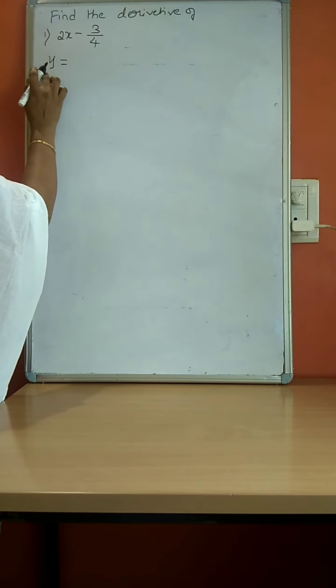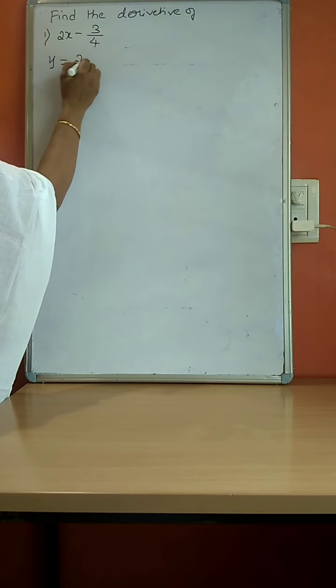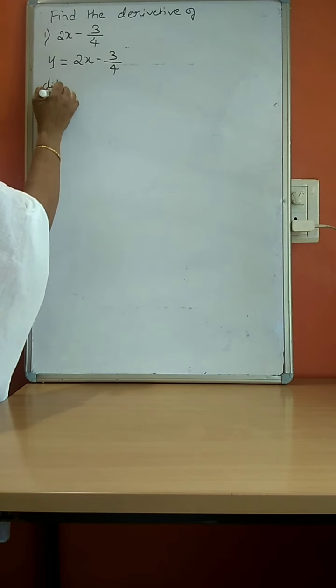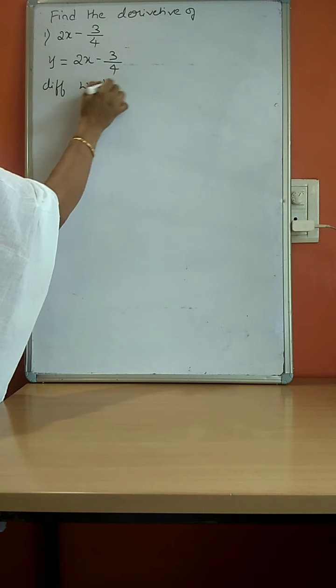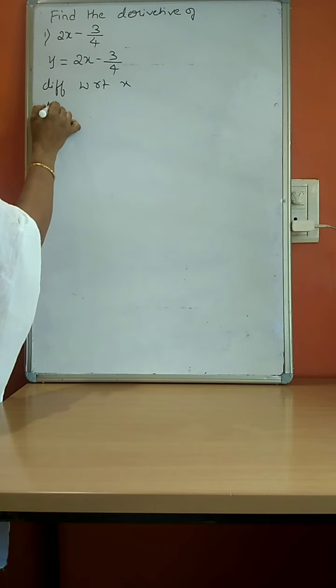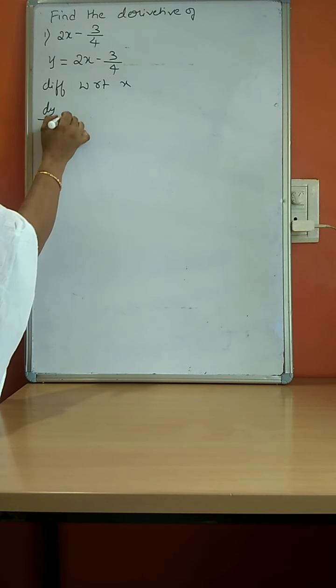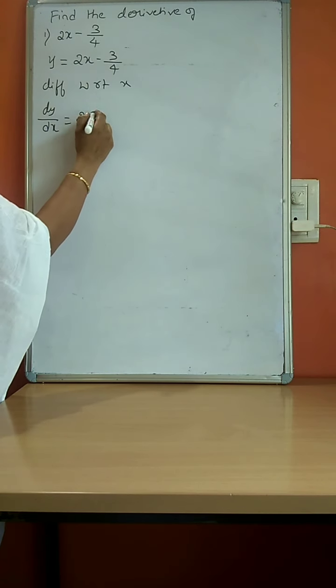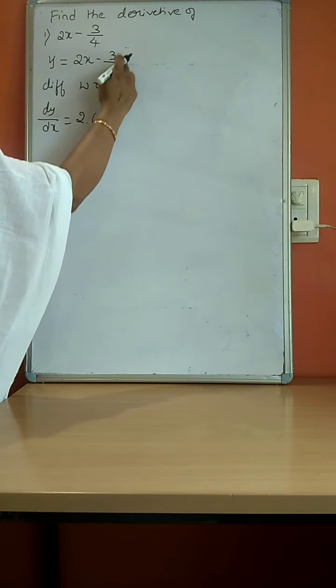Whatever he has given, take down: y equals 2x minus 3 by 4. Differentiate with respect to x. Therefore, dy by dx is equal to, keep the constant as it is, differentiation of x is 1, minus